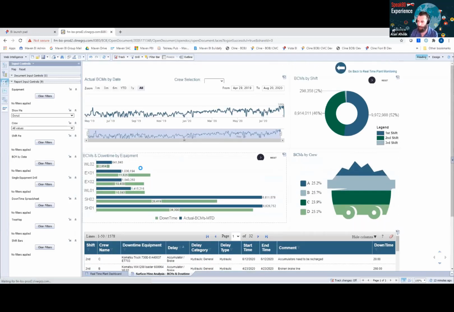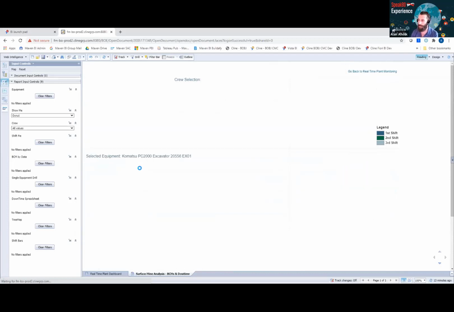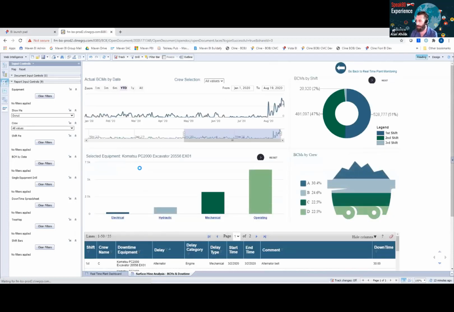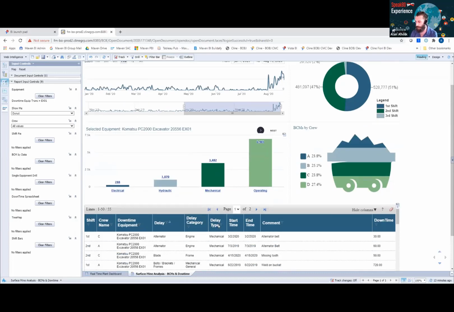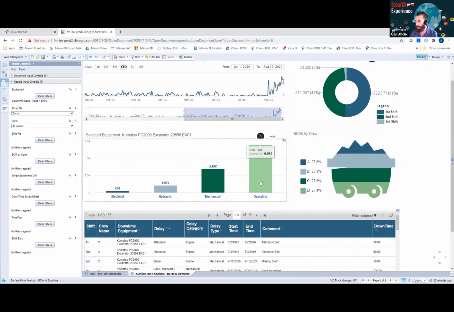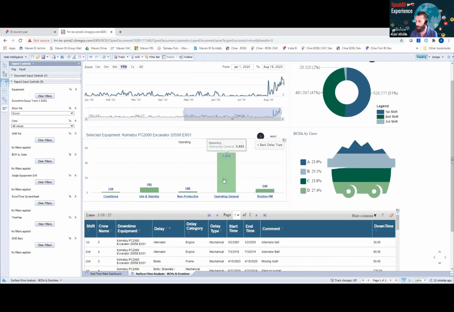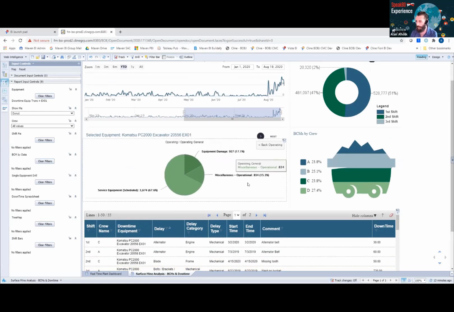So let's see what happens when we drill down on a piece of equipment. So we drilled, and it affected our whole report. We're going to tell the user what they selected, and then we're going to drill down into this. I'm going to drill into operating, my general operating. And then what is great, and we didn't have this available yet when we were at IBIS, and this is how quickly this product is moving and gaining steam, is now these drillable charts at the bottom level of the hierarchy,